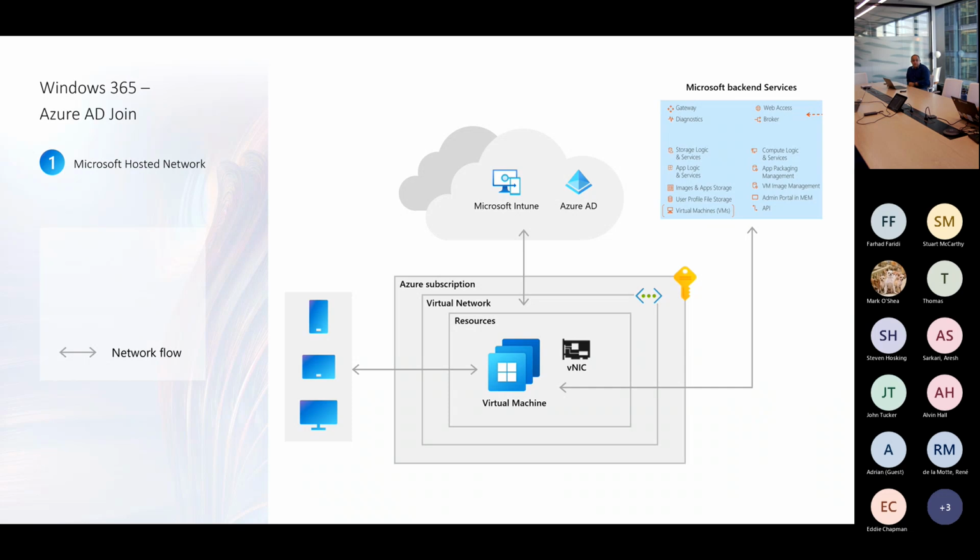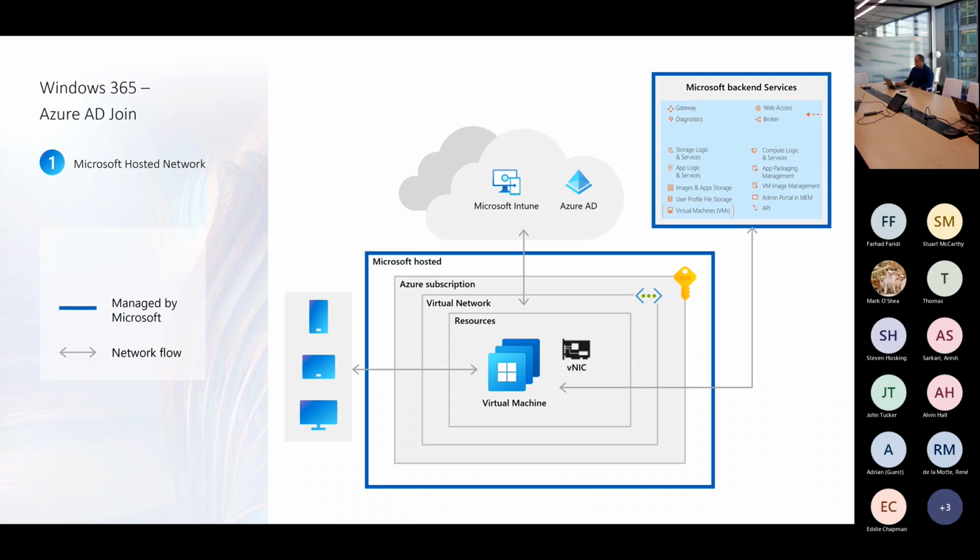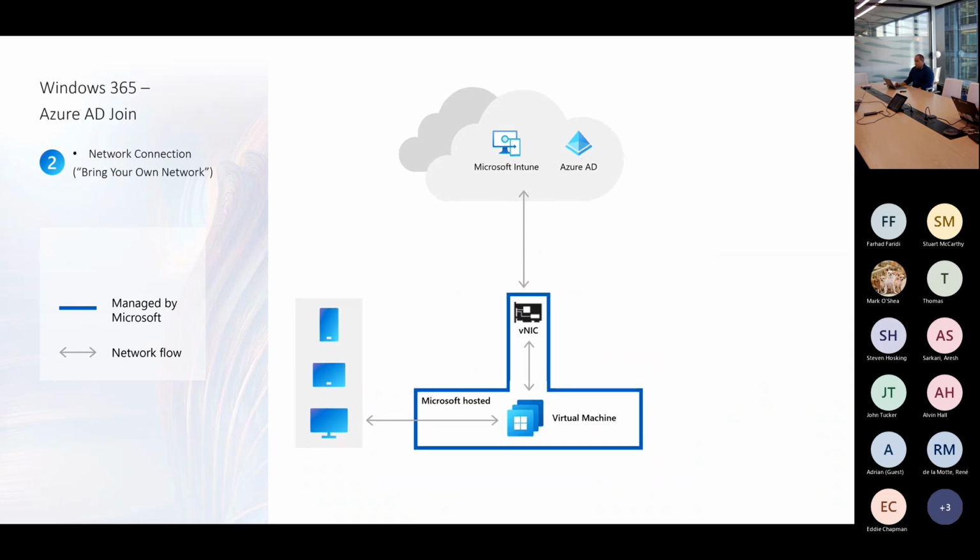You can still leverage your existing Azure AD and Microsoft Intune to manage and maintain this particular desktop. The other type of desktop out here is the hybrid desktop. Now, what this brings to the table is that imagine you do not want to use the Microsoft managed network. However, you want to talk back to your file servers or file shares on your premise. So essentially, that's where the Azure skills come into the picture. You need to establish either a VPN or an ExpressRoute from your Azure subscription to your on-premise world.